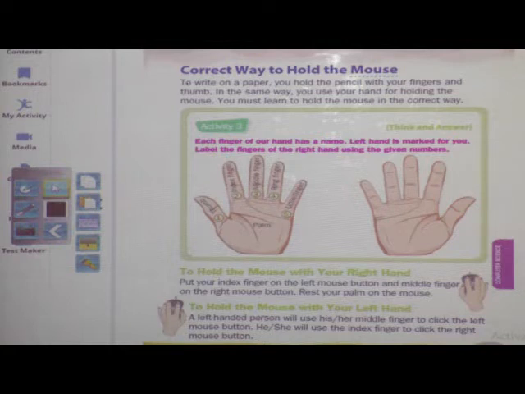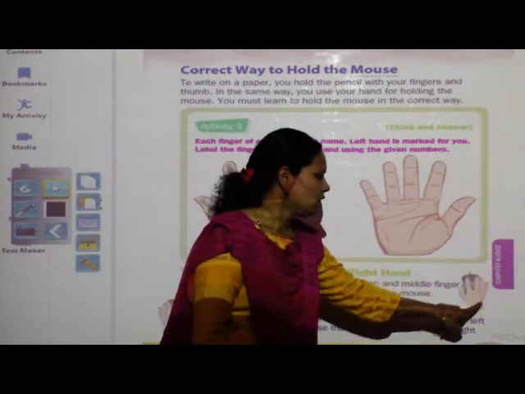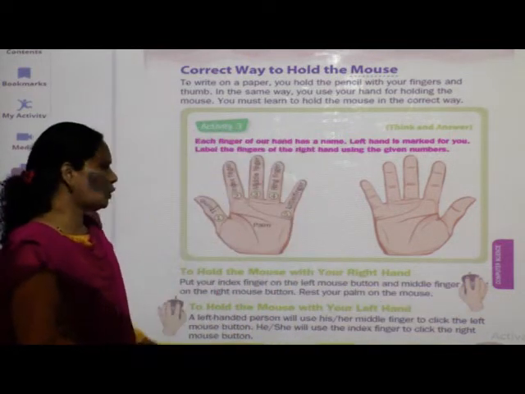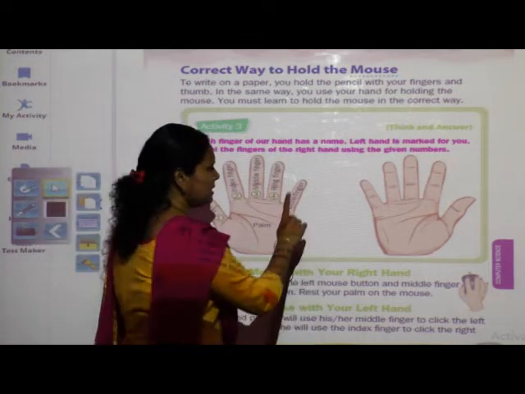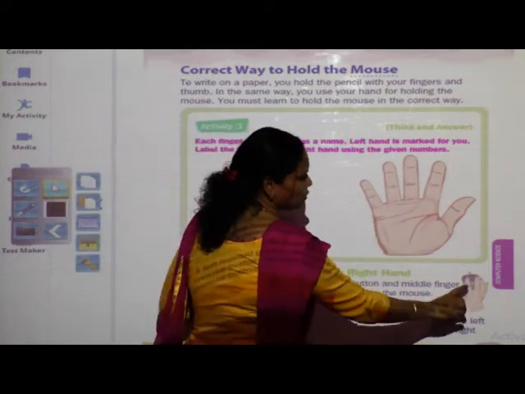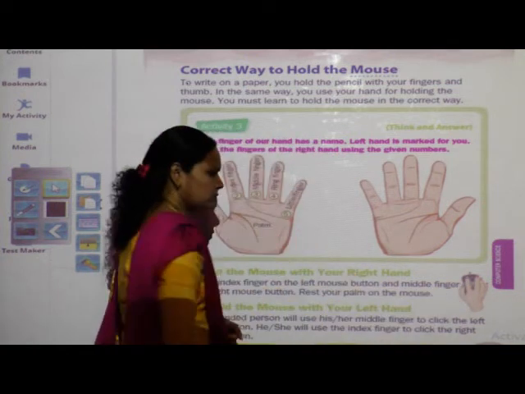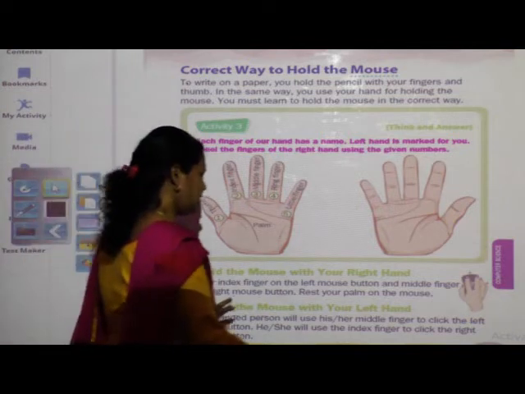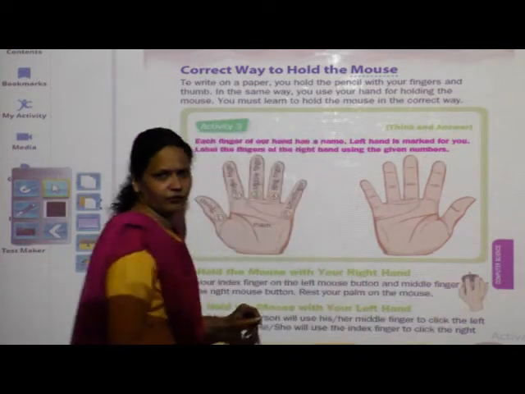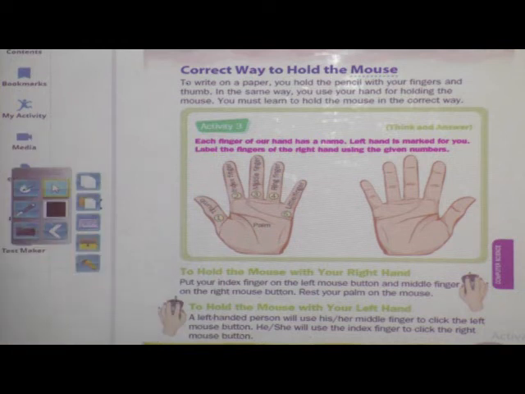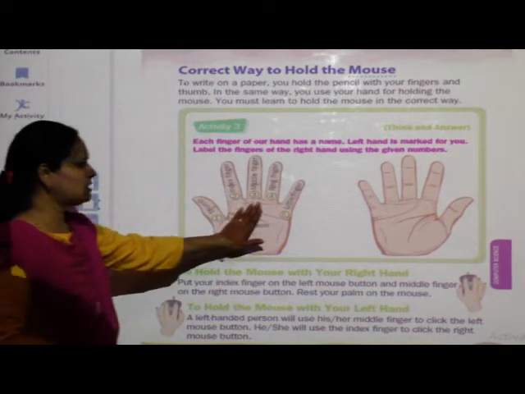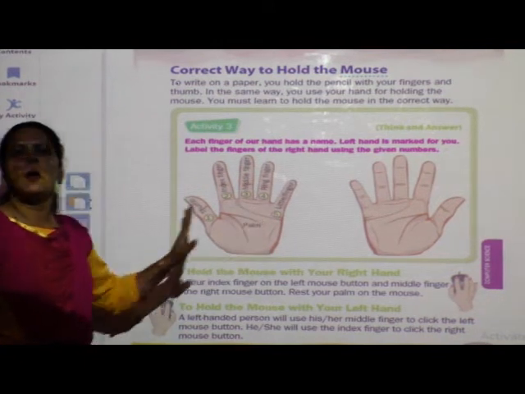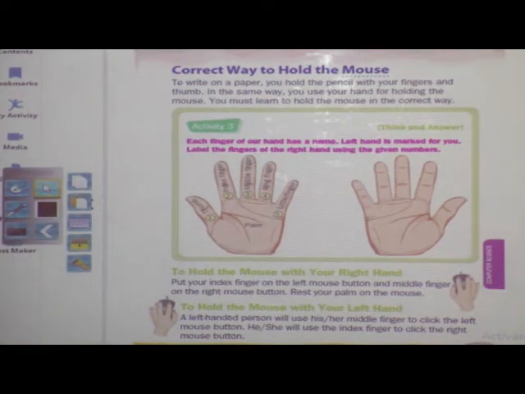So students, if you can see the picture on the mouse, you have to put your index finger, the first one, on the left mouse button, and your middle finger on the right side of the mouse, and rest your palm, the palm means this one, on the mouse.